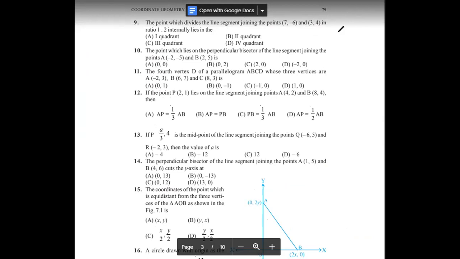Okay, and you know that in the first quadrant we have the positive value, positive comma positive. In the second quadrant we have negative and positive value. In the third quadrant we have negative and negative value, and in the fourth quadrant we have positive x and negative y. Okay, so first of all, what you need to do is, here the m1:m2 ratio is being given to you, 1:2, and you need to find out the value of coordinate of this one.